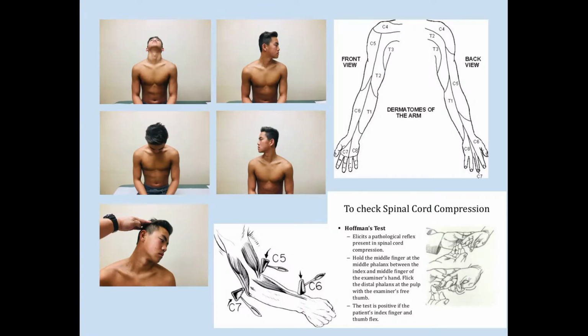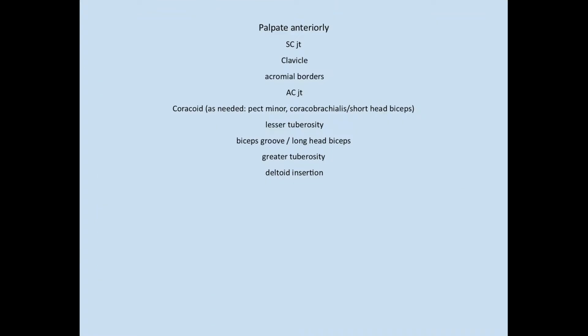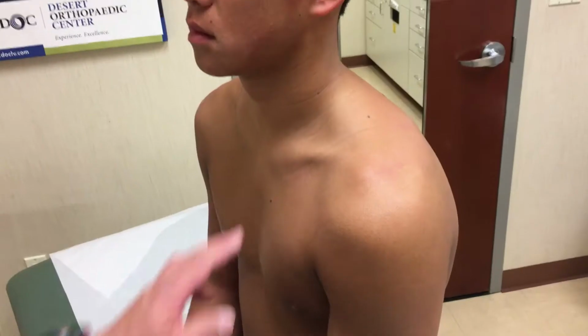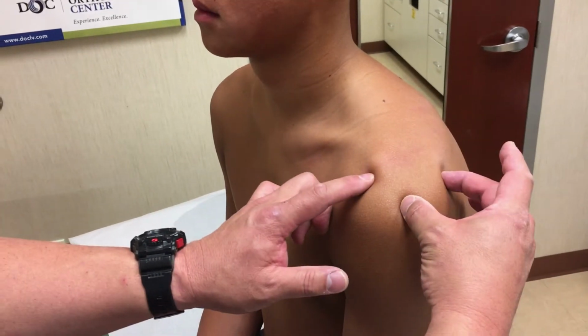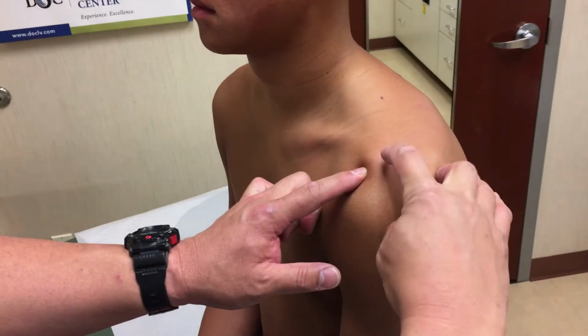Cervical examination with range of motion and, as needed, Spurling's, dermatomes, deep tendon reflexes, and Hoffman's sign. Palpate anteriorly the SC joint, clavicle, acromial borders, the AC joint, coracoid, and as needed, the pec minor, coracobrachialis, and short head biceps, lesser tuberosity, biceps groove with the long head biceps, greater tuberosity, and the deltoid insertion. SC, clavicle, acromial borders, junction, AC joint,